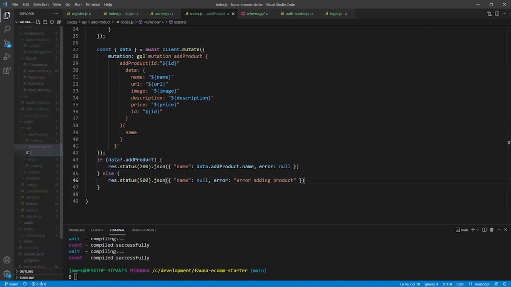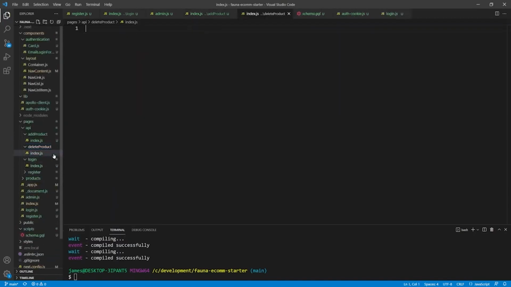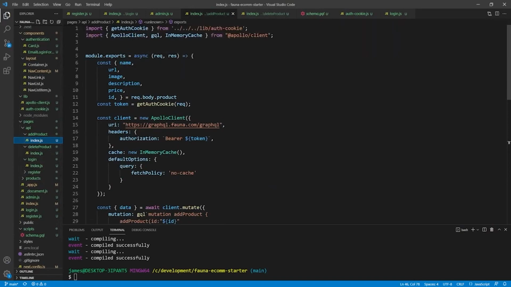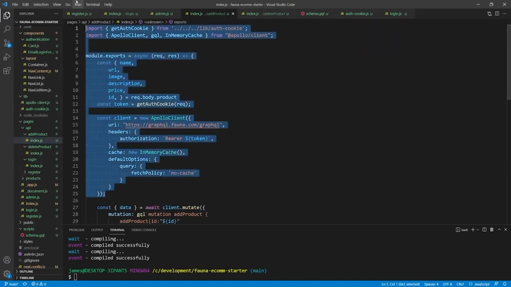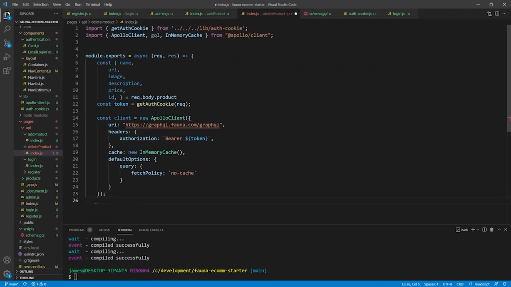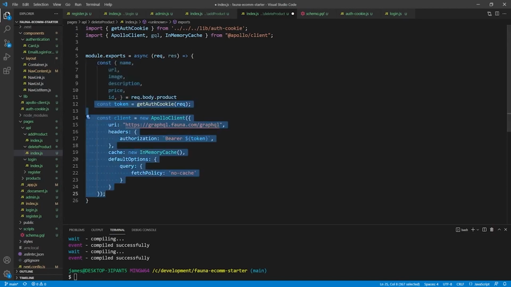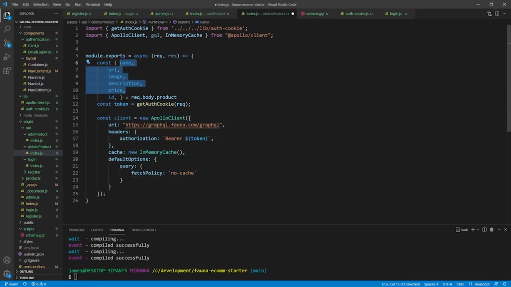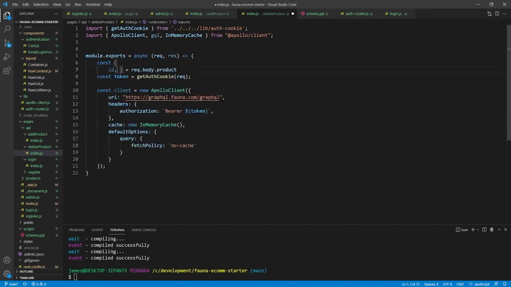We should do one for delete product. The delete product is going to work the same way from at least the beginning parts here. So we can just go ahead and paste this in and make sure that we close everything out. We're not going to be getting this part from the body, but we're still going to be using this Apollo client. So what we're going to do for a delete product is we're just going to get the ID. So we can just go ahead and delete all of this and say, get the ID